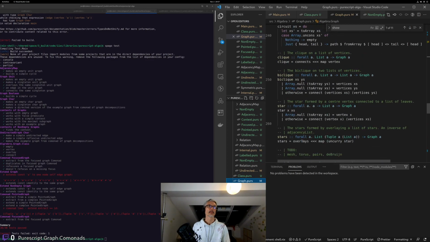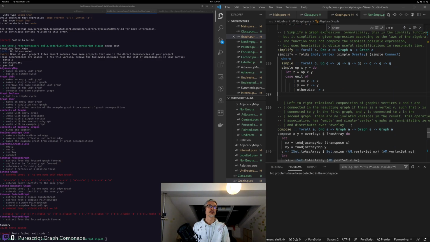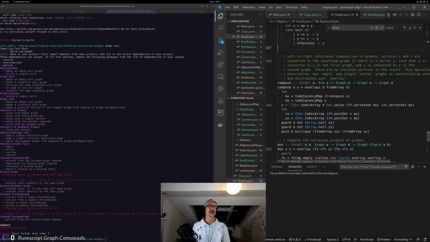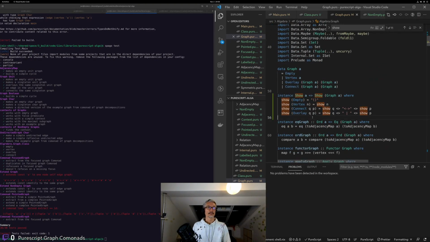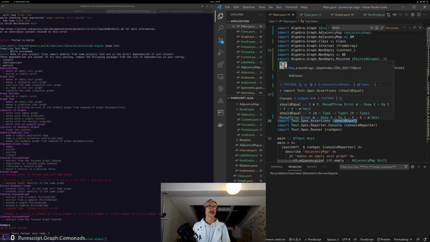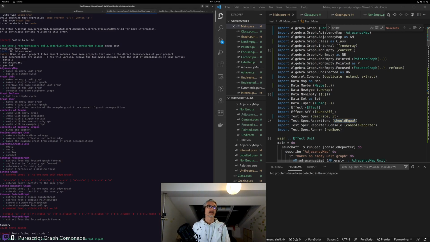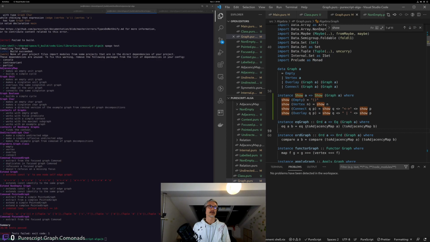And we can start with simple. But I think simple is not going to be enough, and we're going to need simplify. We're going to need to have some kind of canonical representation, which for some reason is not here, but it might be in the Alga library in Haskell. So first of all, we're not doing EQ, but maybe that's a product of us using sort of the test spec assertions here. Could we use something else? I mean, it is useful to have that show instance, but yeah, I think maybe we can do EQ